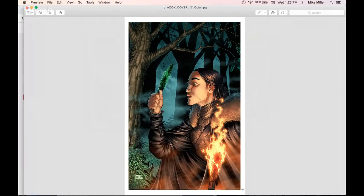You guys may have recognized, I probably should have put that picture up here, but this is my latest piece. It is the Clash of Kings number 17 cover. I just got the colors in from the great J. Nanjan John Barry, the colorist for, I'd say, most of the covers I've done. I did do the coloring on quite a few of the first ones, but I had a lot of